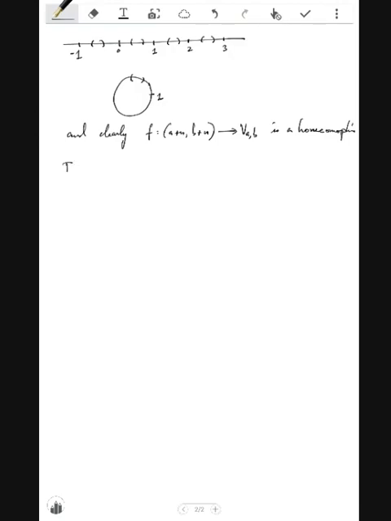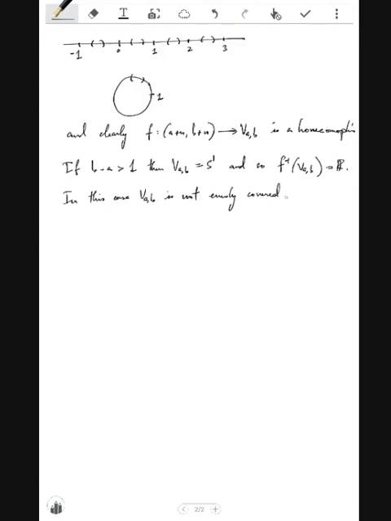On the other hand, if b minus a is strictly greater than 1, then V_AB is equal to S1. And so f inverse of V_AB is equal to R. So in this case, V_AB is not evenly covered. Because if it were evenly covered,